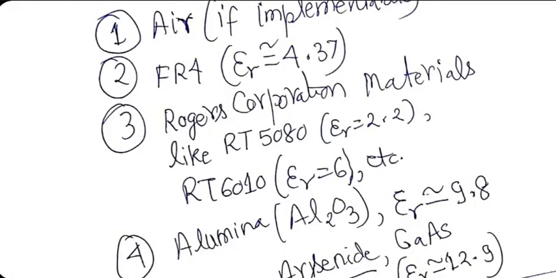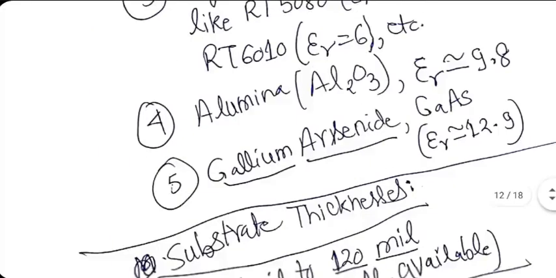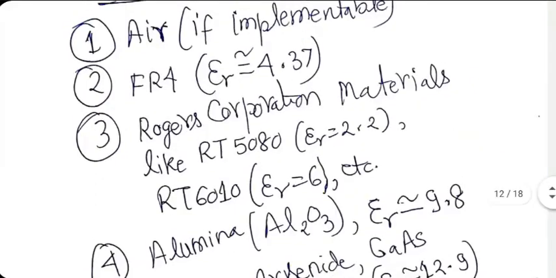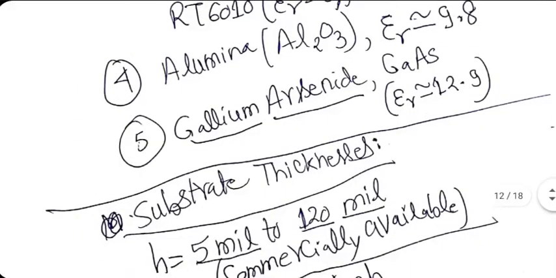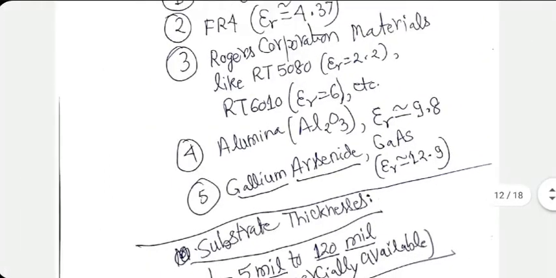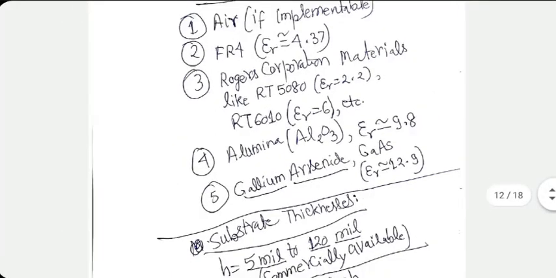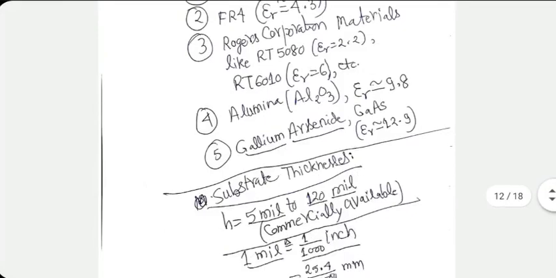So air, FR4, RT materials, and the fourth one is alumina, Al2O3. This is also popularly used, but it is not very flexible. It is a very hard substrate. The material is called substrate because on the material you deposit things, you deposit your circuit. So substrate is the word which is used for these materials. Alumina has dielectric constant even higher than that for Rogers materials. And the last one is gallium arsenide, which has dielectric constant even higher. And there are more materials nowadays. Research is bringing up new and new materials every year.